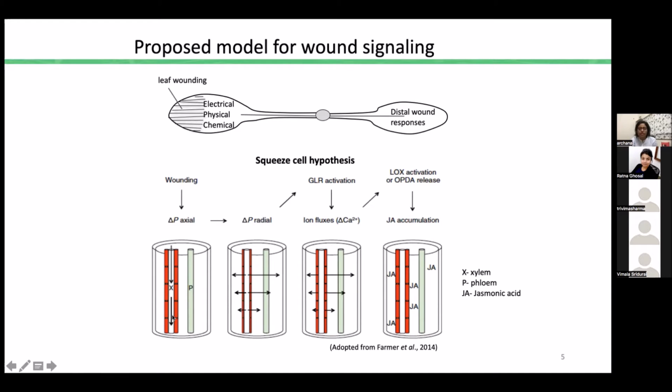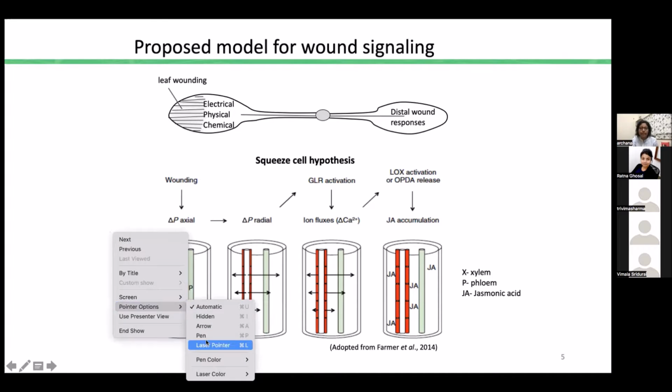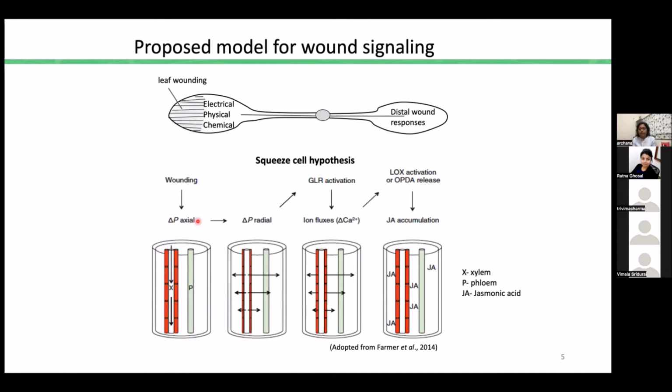this is the xylem vessels which conduct the water in plants, and these are phloems which conduct the food for the plant. So as soon as there is a break of this leaf tissue, this generates a pressure change along the xylem vessel, and this pressure is also transmitted radially to the nearby cells of the xylem and transmitted to the phloem cells. So this pressure change leads to the activation of a protein called glutamate-like receptors,